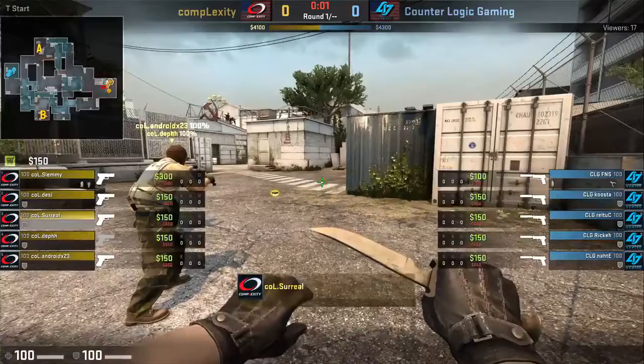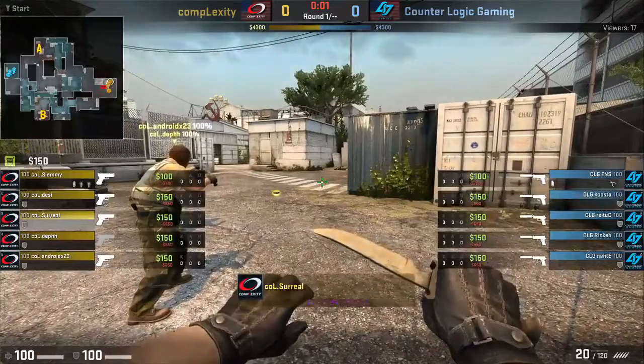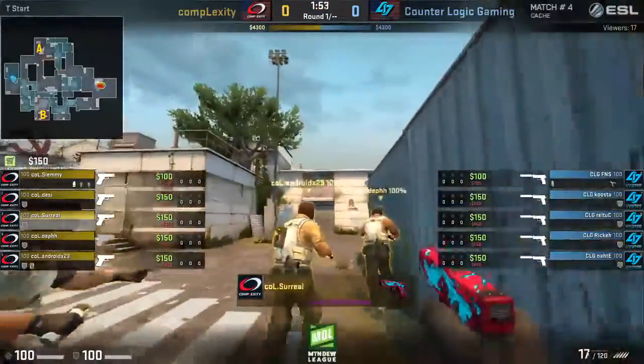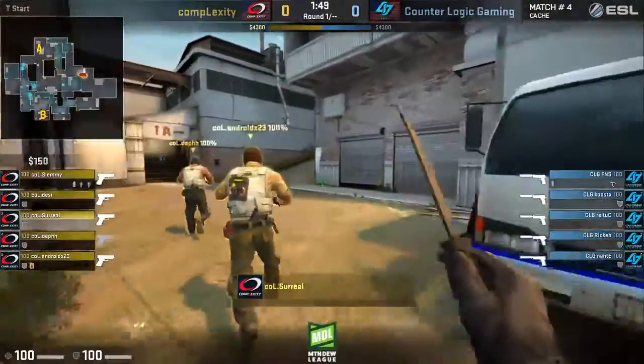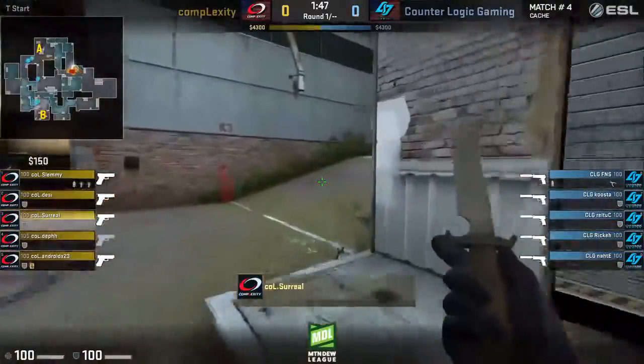You ready to jump into it? It's going to be over on Cache, ladies and gentlemen. Complexity versus CLG, and we are live indeed with the pistol. So Complexity starting off on the T side, and CLG jumping onto the CT side. Let's jump directly into it and take a look at what Complexity is going to do for their opening pistol